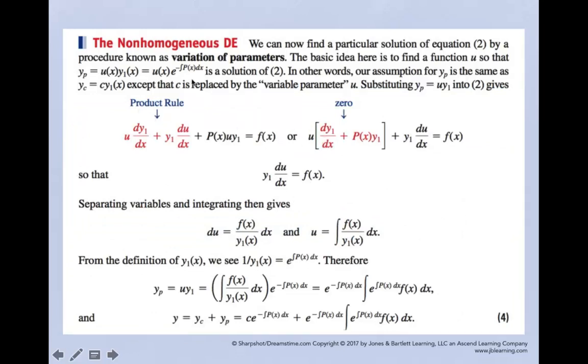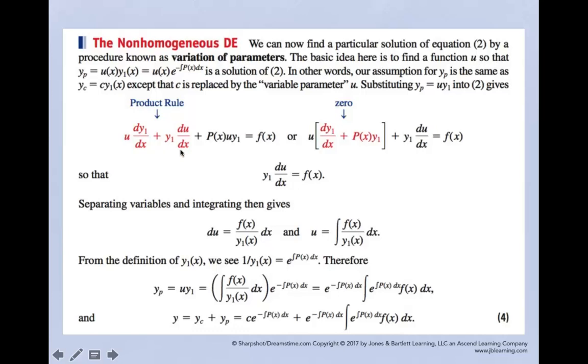We've made an assumption that our particular part of the solution has this u of x part, and then you plug that into the differential equation, and if it is a solution, then you can force conditions where that is true. So the first thing to do is to substitute that into the differential equation,